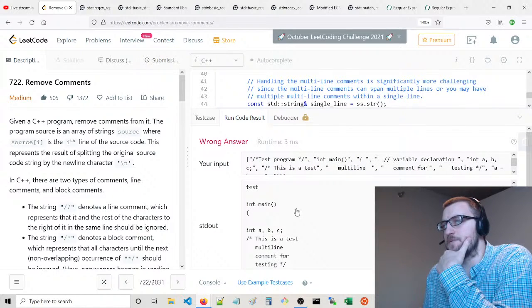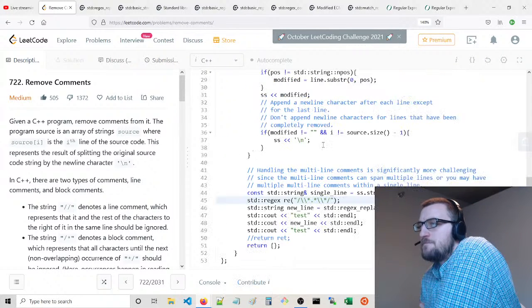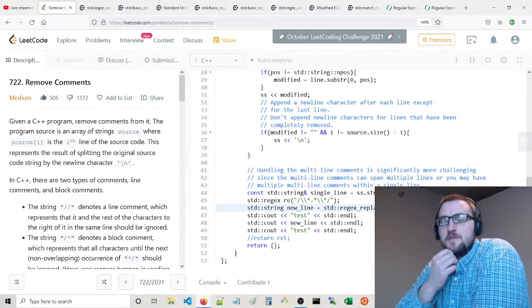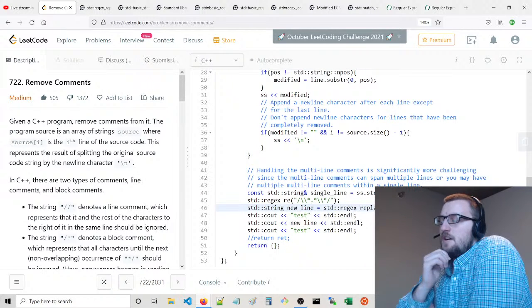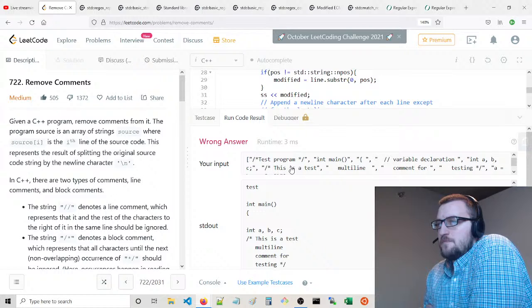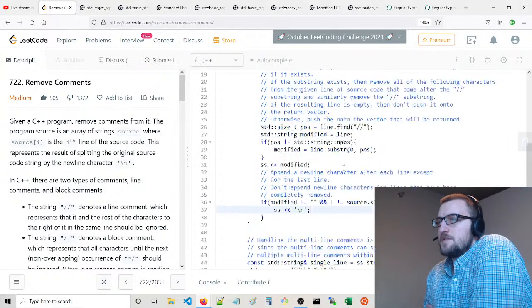Also, not quite what we're looking for. A couple things is that this doesn't seem to be traversing over new lines. That's maybe one thing that we want, to cause the regex to operate over new lines. I think that's one of the problems. Another issue is that it seems that we've added new line characters to our string where we should not have.